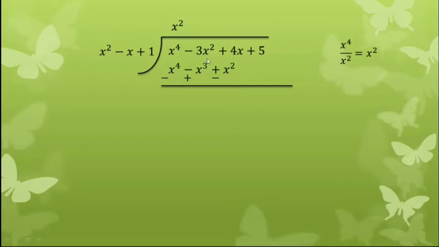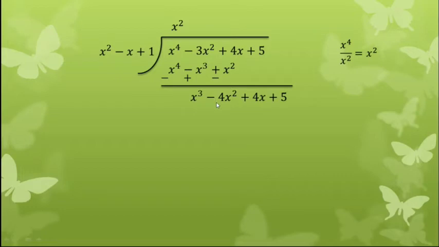Now 3x square is minus, but x cube is plus here. Again we will write in decreasing order. So the first power is x cube, so first we will write x cube as it is in the next term, then minus 3x square and minus x square. So minus 3x square and minus x square will become minus 4x square. So our next step will be x cube minus 4x square plus 4x plus 5, and the remaining data we will